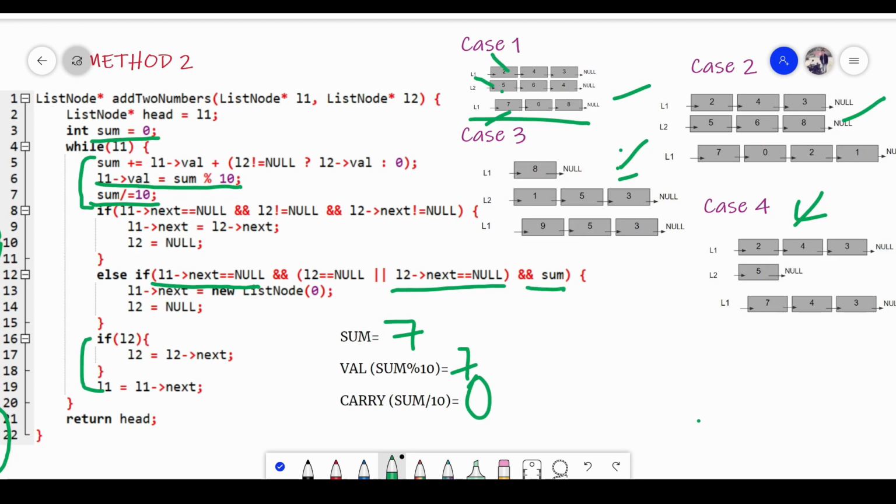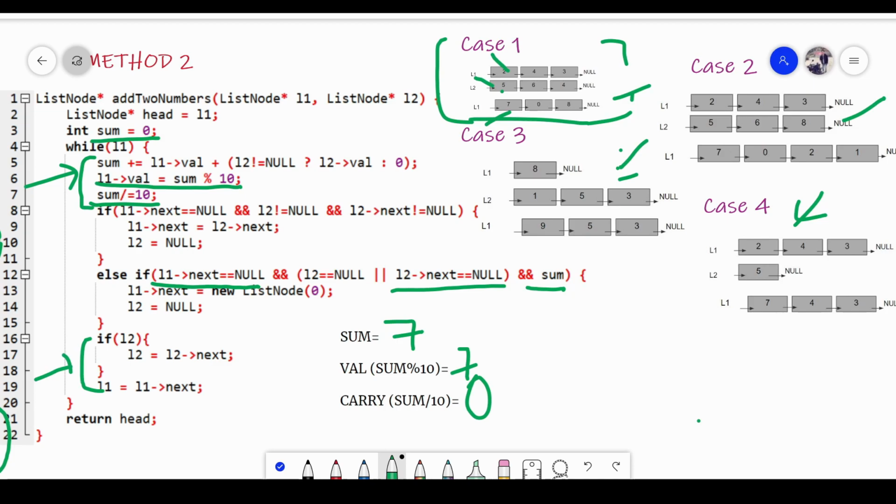Here you can see we have also added the sum, and this sum will only be true if it is a value greater than 0, or a positive value. If it is 0, then it is going to be false. So in the first case, this else if is definitely going to be false. That's the reason the first case is not going to be affected by either the if condition or the else if condition. So the first case is just going to work for these sets of code. All right, that must be very clear